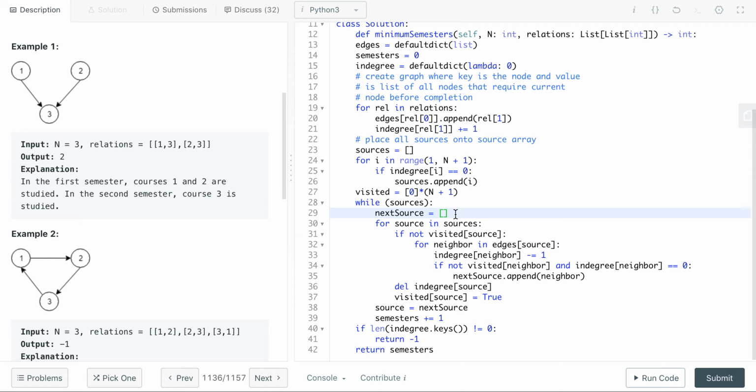So next source, we need to keep track of the next wave of sources. And so we go through each of the sources. If it's not visited, then we go through the neighbors. Each time we decrement the neighbors by minus equal 1 because we're taking the current course. And then if the neighbor is not visited and the in degree is 0, then we append that neighbor because